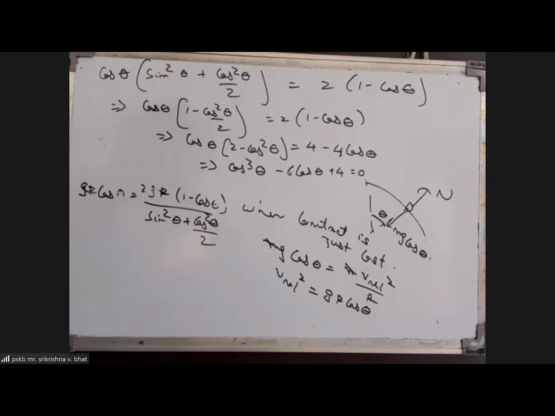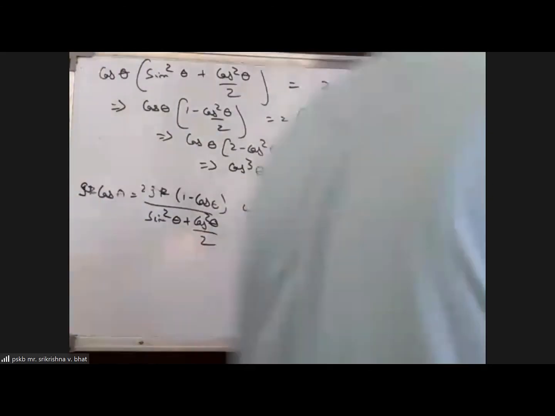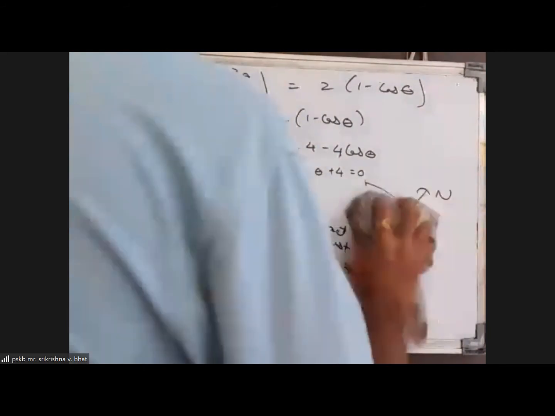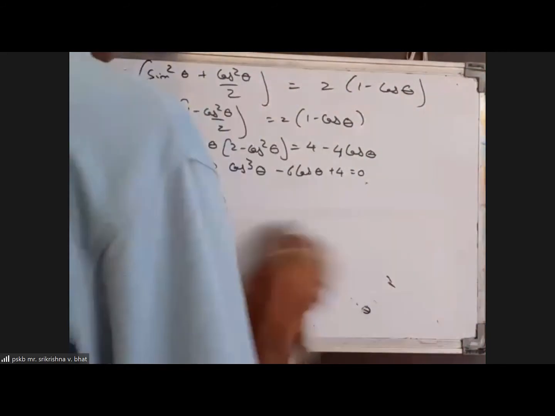Yes, sir. I think when you look at the equation, it looks like 2 is a root, right? Because it satisfies the equation. So I think it's good because by looking at it, if you are able to see that cos theta equal to 2 is one of the solutions, of course, cos theta cannot be equal to 2. But then we can find the other two, because if you are able to say for sure that cos theta equal to 2 is one of the roots, we can find the other two roots also.